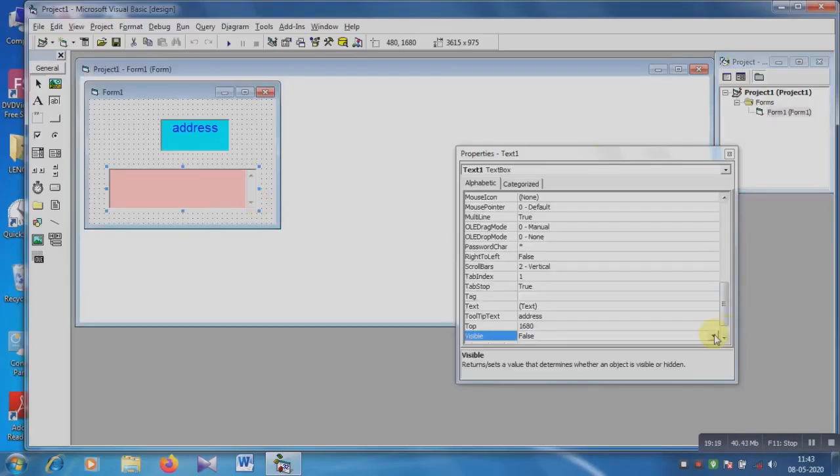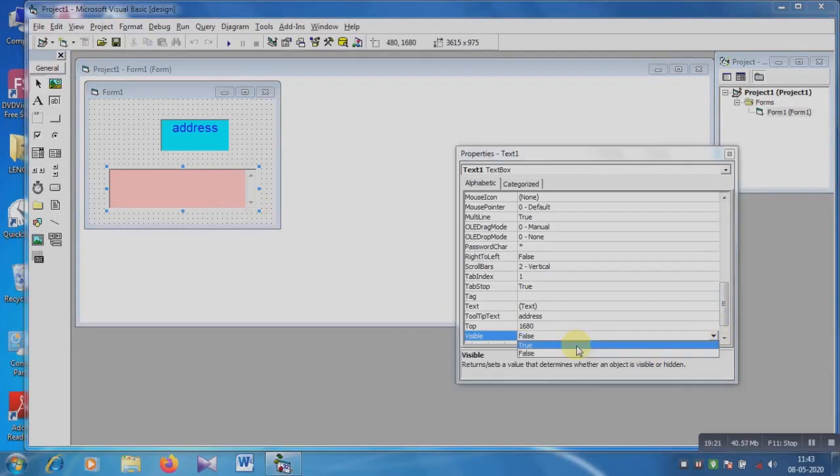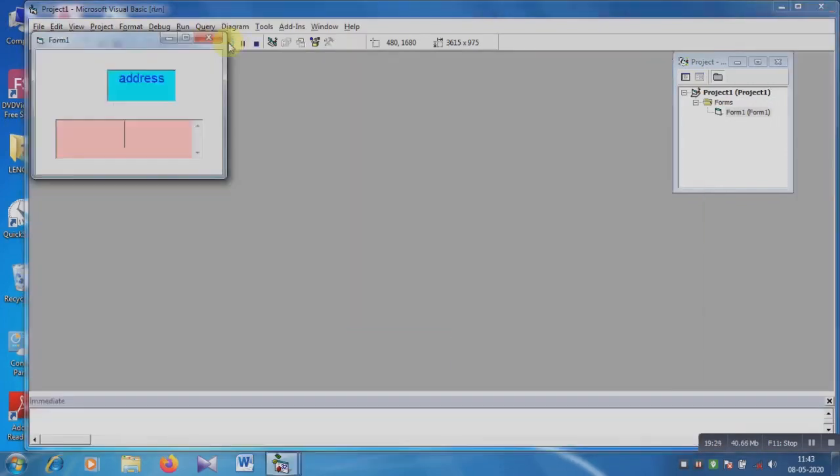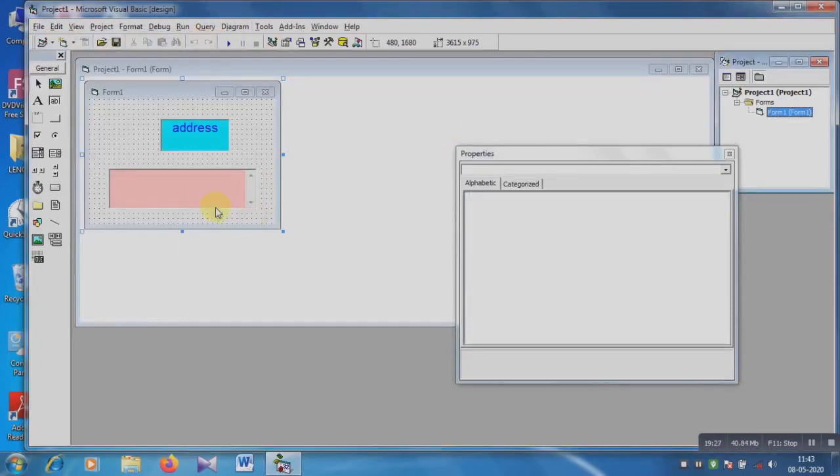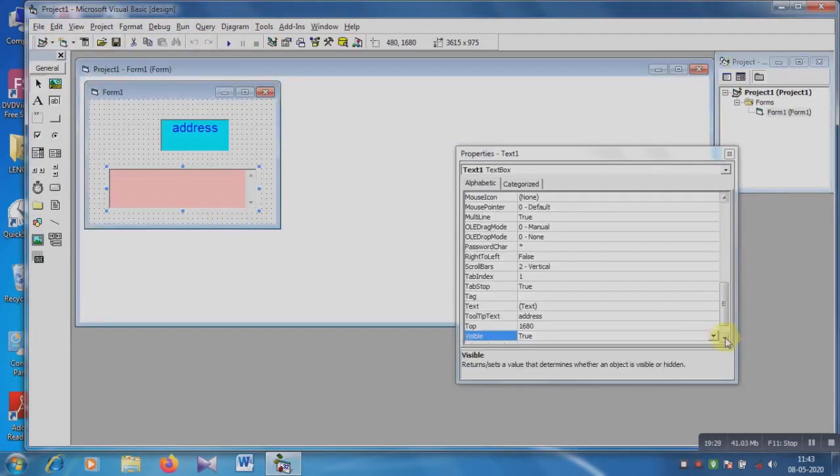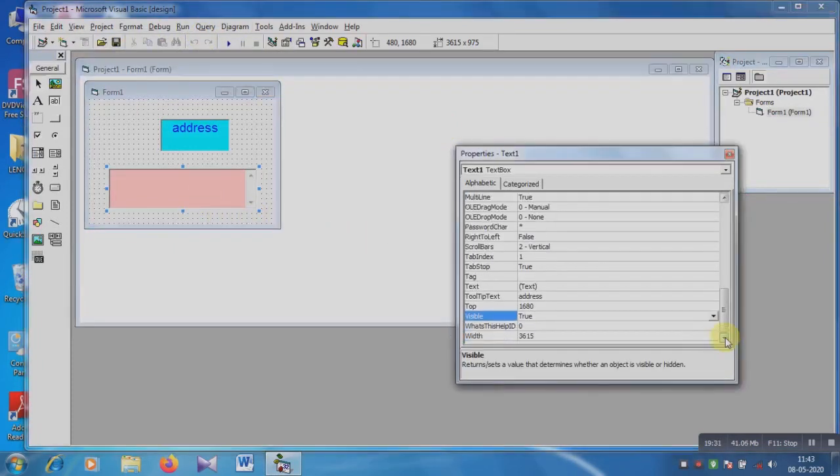So again, if you want to display the text box, choose true, and let's check. See, now the text box is visible, okay. These are the text box properties. Using these properties you can design the form.